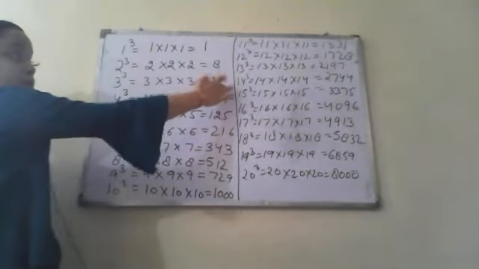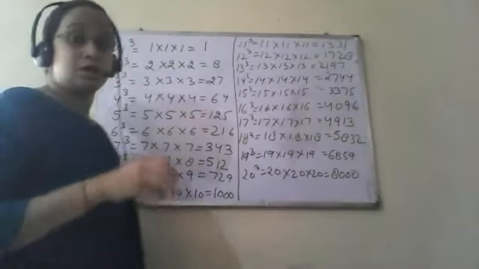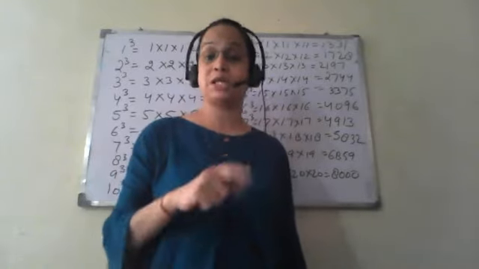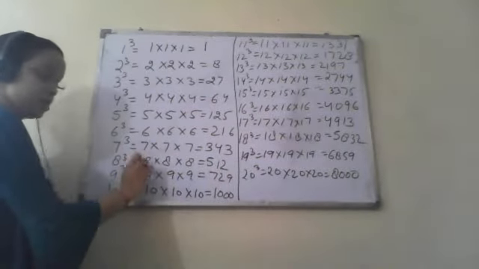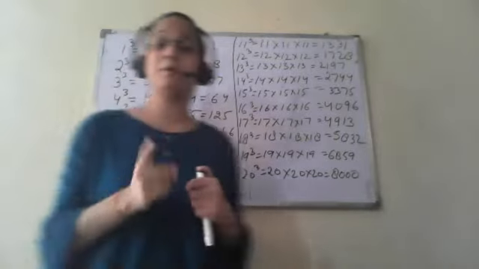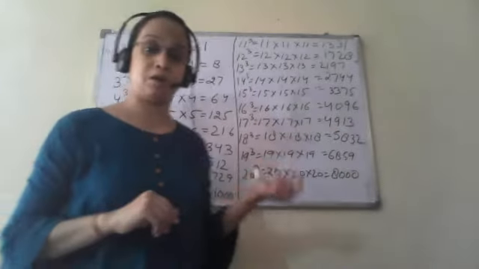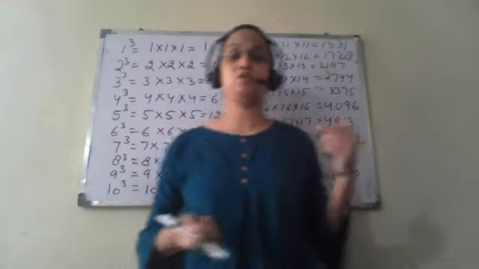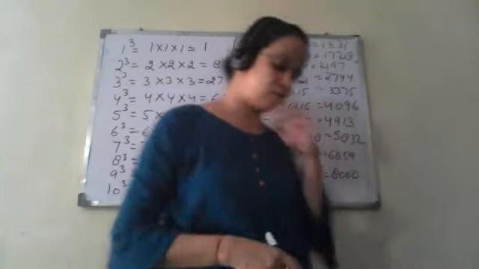Now there are certain things you need to understand. These numbers, 1, 8, 27, 64, 125, are perfect cubes. Perfect cube means these numbers can be expressed as a product of a number with itself three times. Like 512 is a perfect cube and can be expressed as 8 into 8 into 8. Like in case of square we did it twice, in this case we express the product of a number three times. It can be any variable also: y cube is y into y into y, z cube is z into z into z, and likewise. So this is a perfect cube.